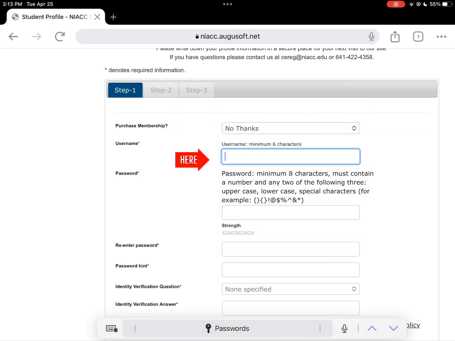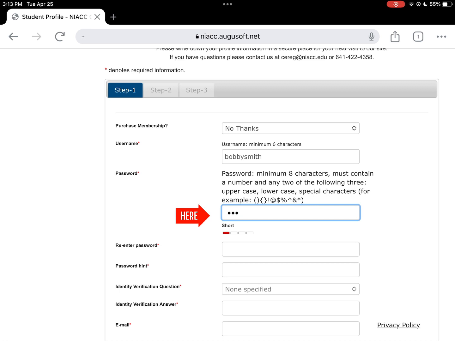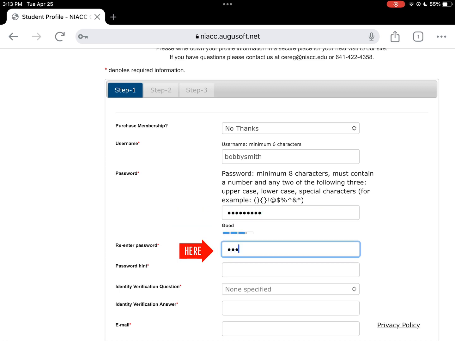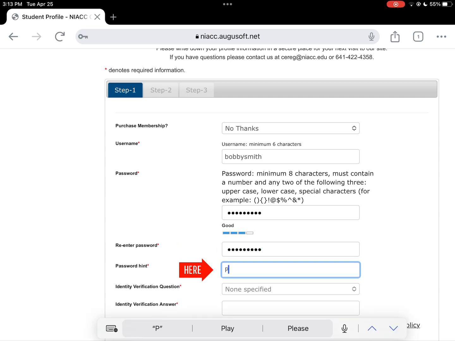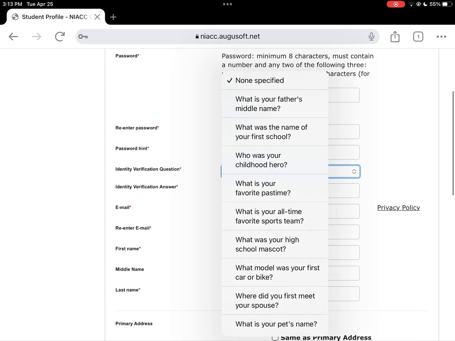When creating a username, please use first and last name with no spaces and no capitalized letters. If you need to use a middle initial, you can. If it's for your child, please use your child's name. Then you will create a password using the directions above, and you'll be asked to repeat that password. If you need to use our verification questions, you can create a hint so that in the future you can